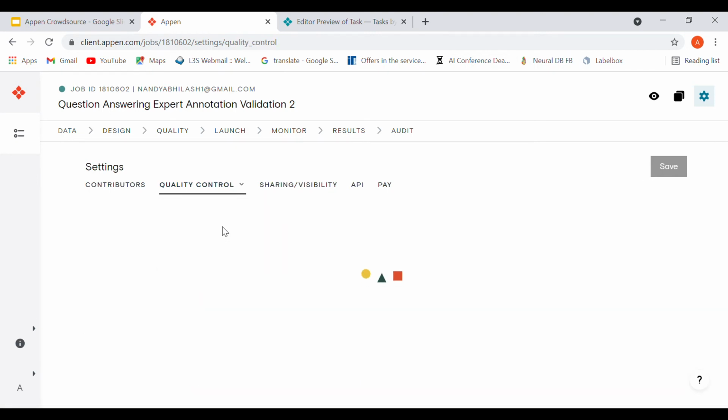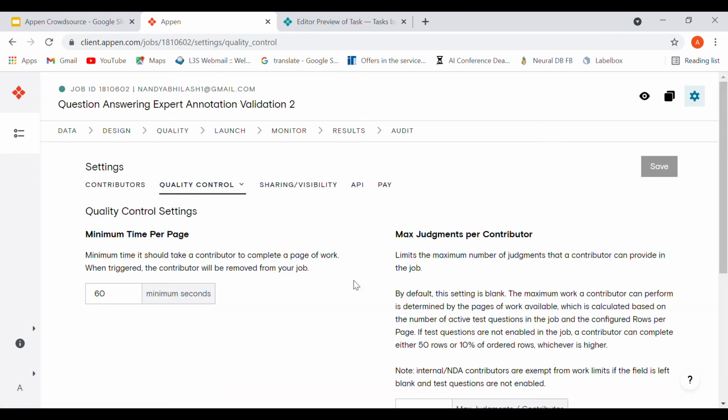Quality control settings, I do not play around with this much, but you can assign a minimum time per page. A page can contain multiple annotations. So you can calculate a particular amount of time that has to be allotted by the annotator minimally to make the annotation.